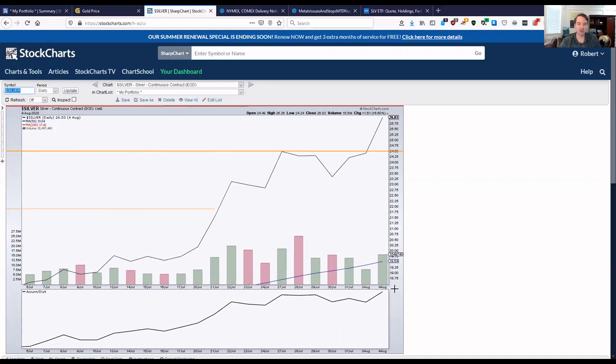This is where you see the delivery notices on COMEX. You start to see them the 30th of July now, and that's basically telling COMEX we want the physical, and boom, price launches right up past that previous resistance point. It's beating it by about $2.50 right now, and it's challenging right now